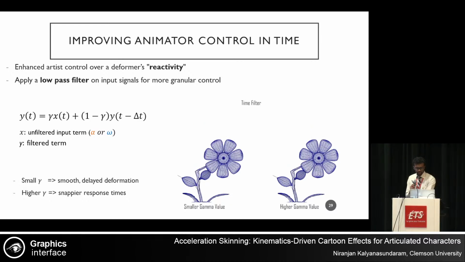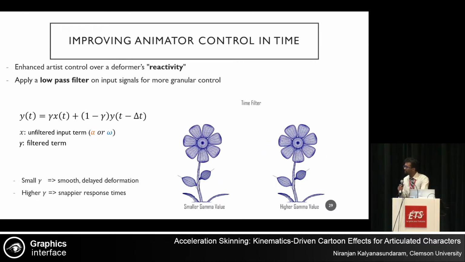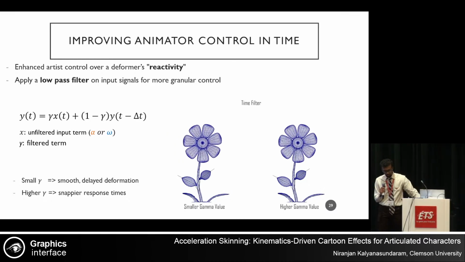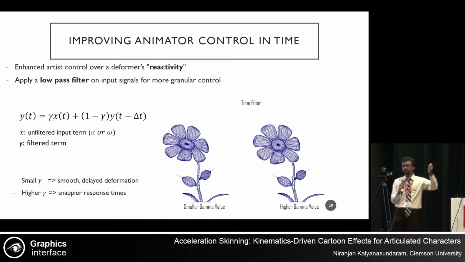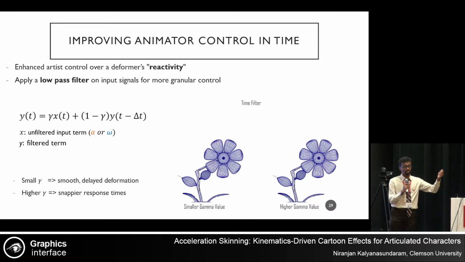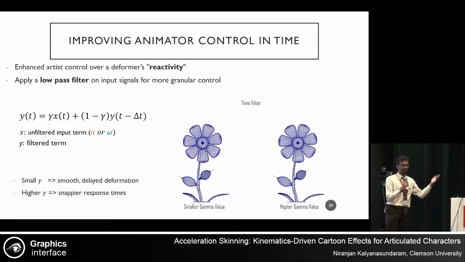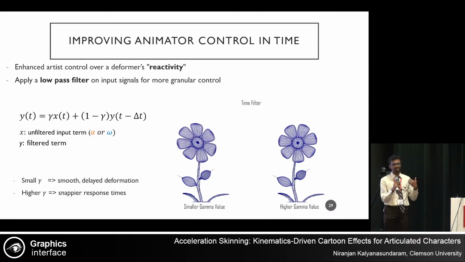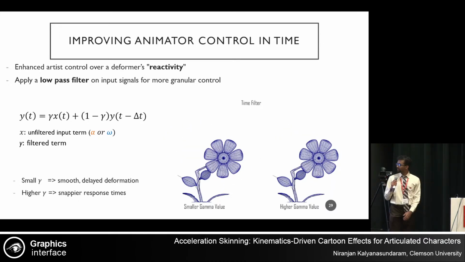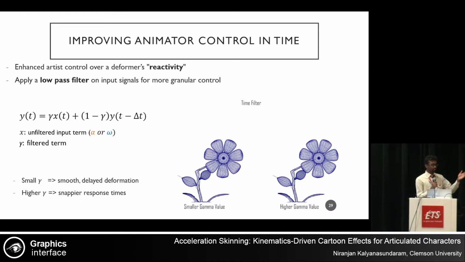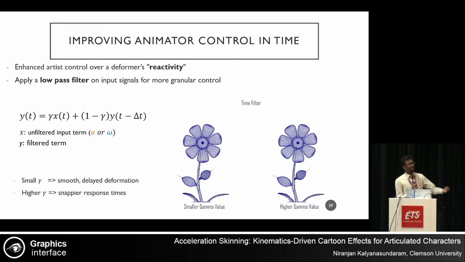Okay, and our final topic for the talk is, cool, we have all these controls, but so far, the only control that we're giving to the animator is a single knob or slider to see how intense they want the effect to be. But going back, this is kind of the problem that we were noticing with other solutions, and especially as an animator, it's one of the things that bugs me the most. I want to have more control over the motion. So what we did is come up with a filtering mechanism to give the artist control over the reactivity of each deformer.